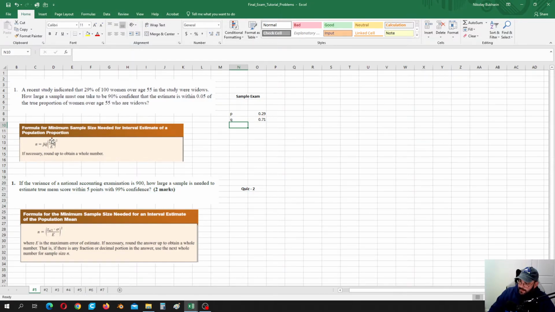That means we have significance alpha, which is 1 minus 0.9. So our alpha is equal to 1 minus 0.9. Okay, so our alpha over 2 is equal to 0.1 divided by 2, and our Z alpha over 2